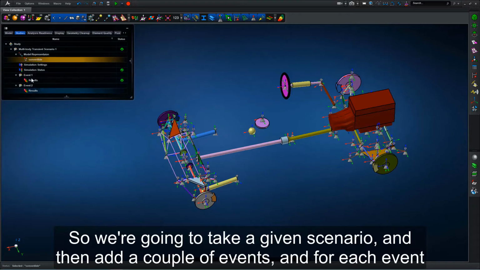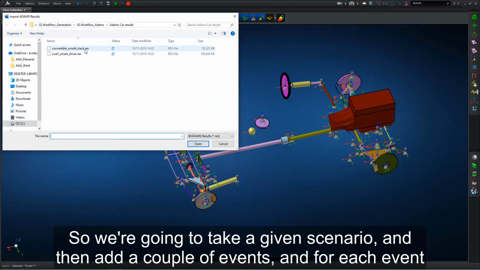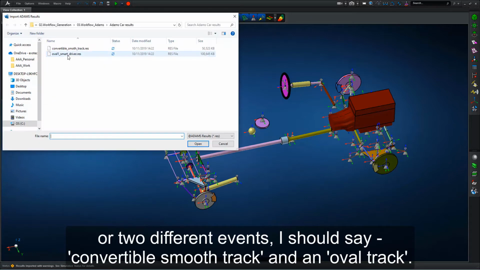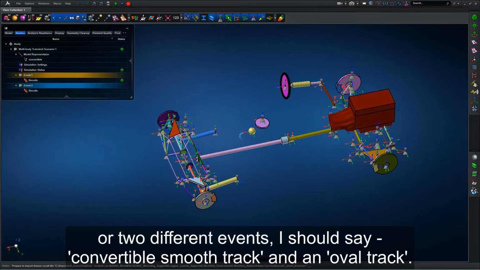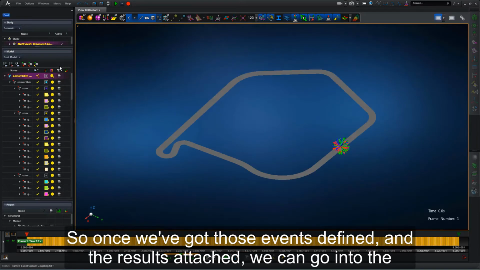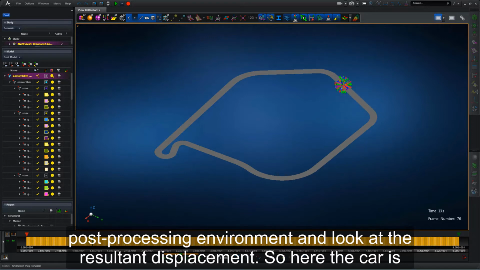So we're going to take a given scenario and then add a couple of events, and for each event we're going to attach the Adams RES result file for two different scenarios, or two different events I should say. Convertible smooth track and an oval track. So once we've got those events defined and the results attached, we can go into the post-processing environment and look